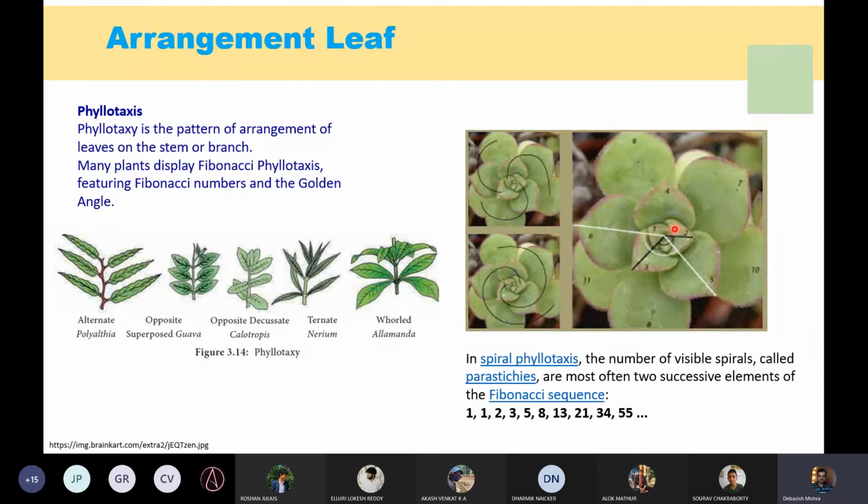If you really measure the distance, the ratios of the distances can assume a Fibonacci sequence if it is a kind of spiral arrangement. It's not in all arrangements. Whorled or spiral arrangements actually assume a Fibonacci sequence. Surprisingly, in spiral phyllotaxis, clockwise they may assume one number in the sequence, and anti-clockwise they may assume a different number.